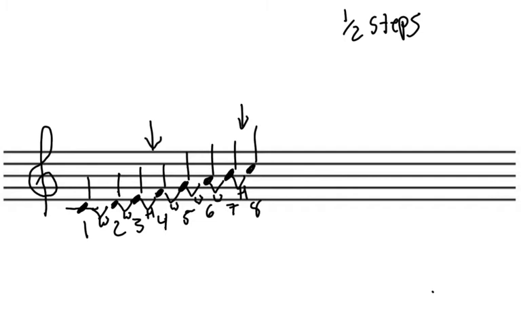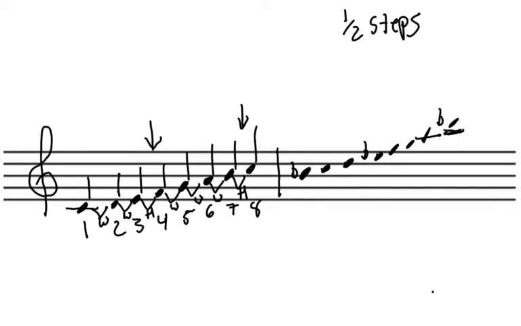So no matter how you set up a major scale, the half steps will always occur between 3rd and 4th, 7th and 8th. And this is very important because this is what makes a major scale a major scale. So let's take, for example, a different major scale. We're going to go B flat. So B flat, C, D, E flat, F, G, A, and on the top,